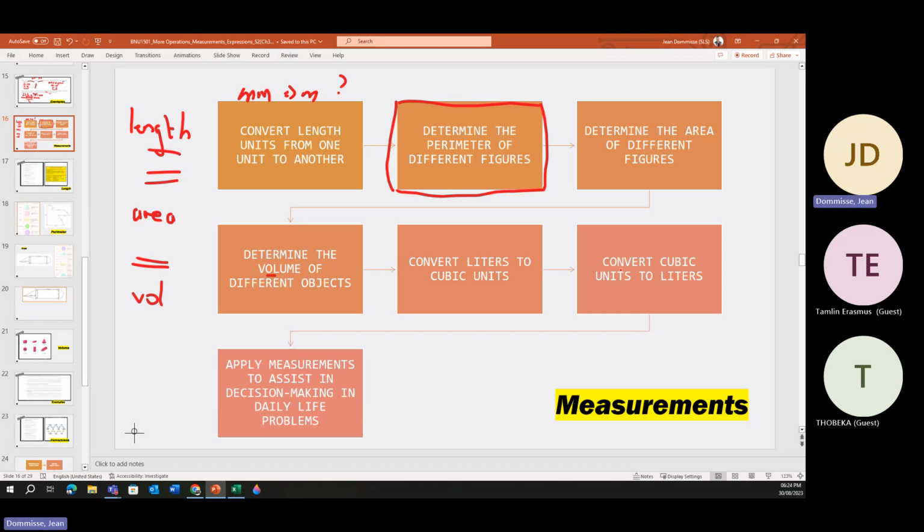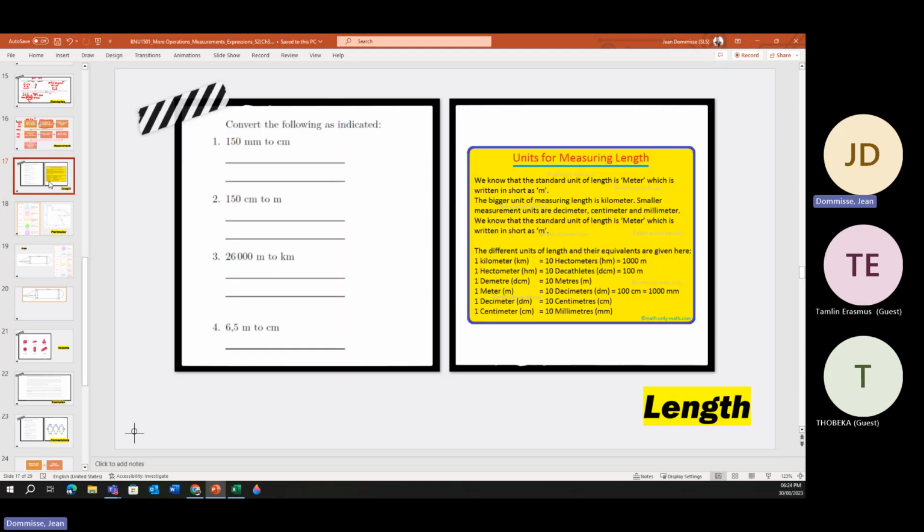Then just a few ways to look at converting liters to cubic units or cubic units into liters. And in the final piece, we're getting a weird figure and you need to solve it. You can see in one of these slides I've done something like that already, but we will need to calculate that. Okay, so